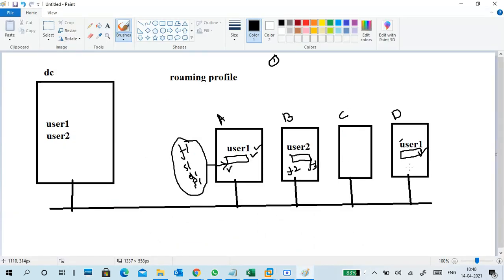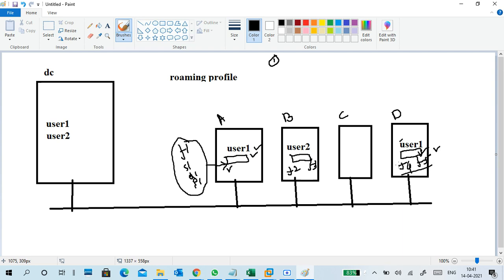And the data, for example, he created files f4 and f5 here, just for example. But this data is stored here only because it's a local profile.